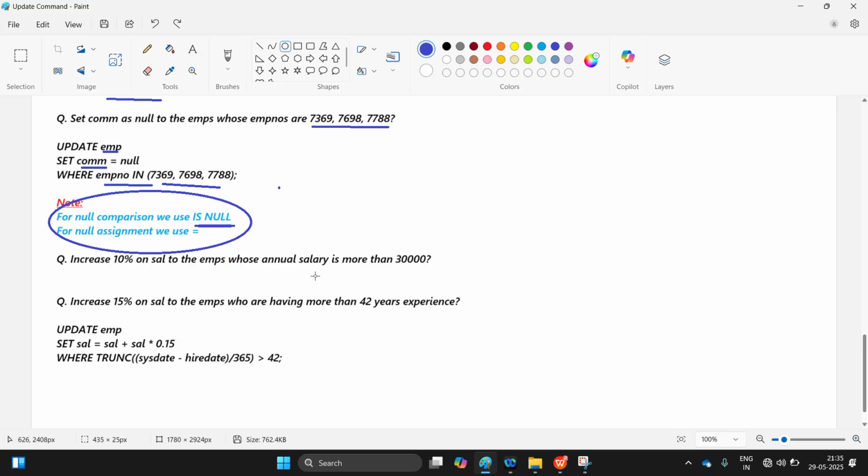Now we have to discuss another query, that is, increase 10% on salary to the employee whose annual salary is more than 30,000. So how to solve this query? First of all we write the update command, then the table name, that is employee, then we write the column name that should be modified, that is salary equal to